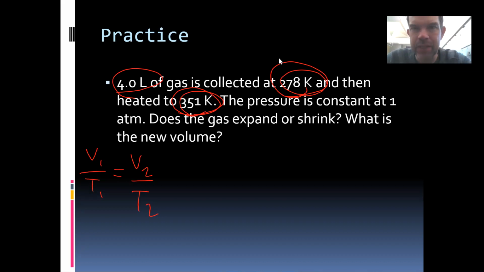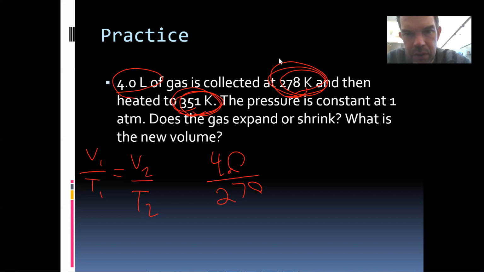Hopefully you said expand, because it got hotter, and faster-moving particles take up more space. I hope you said expand. But we need to do the math to figure out the new volume. Since it's already in Kelvin, we can use the numbers as is. In this case, volume 1 is 4.0 over temperature 1, 278, equals, and we're trying to find V2, so I'll put V2 right there, but we do know T2,